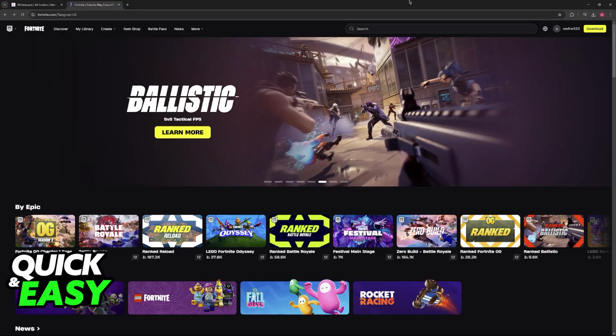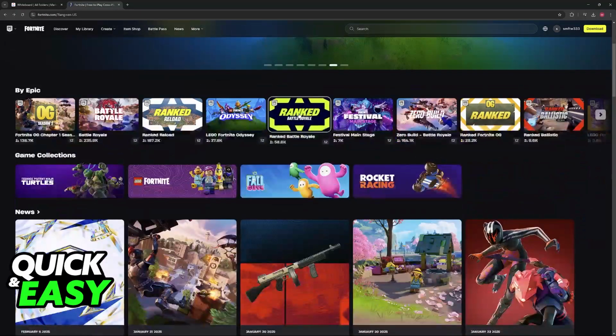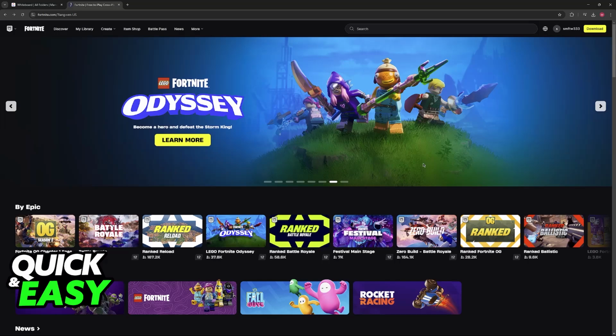By doing this, your progress will be shared between all of those consoles and you will be able to sign into the same account across both. So all that you have to do is visit the official website. This process must be done through the Fortnite or Epic Games website. So through a web browser on your computer, a laptop, or your phone, go to Fortnite.com or go to the